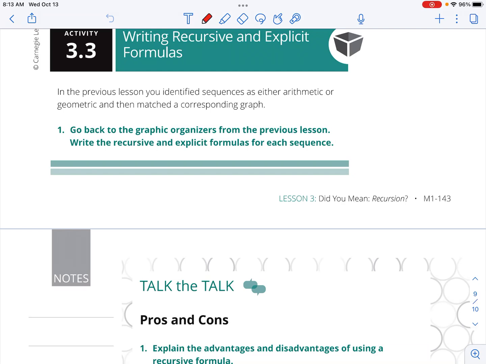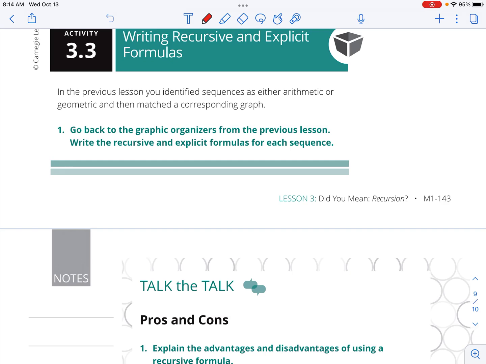Okay, so let's do a little bit of a wrap up here now. We talked about the explicit formula for an arithmetic sequence and the explicit formula for a geometric sequence. We're going to use those two formulas to help us do a little bit more practice then. So what we're going to technically do is go back a lesson to lesson